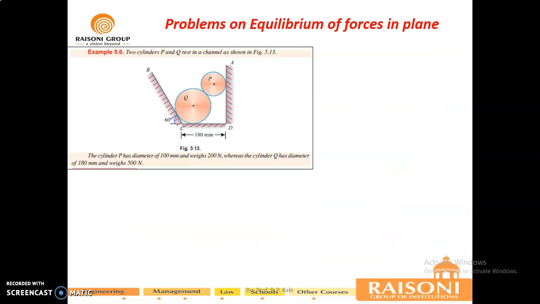Now you can try this out. Consider separate FBDs of each and every cylinder. First of all, try to solve such a problem from the top cylinder. Okay, here you will get only three unknown forces like this. It's weight of P, reaction from Q, and this is reaction from this contact surface A. RA, RQ, reaction from Q, and W. Okay, you can easily find out. And after knowing this RQ, you can apply this equal and opposite magnitude as RP on the bottom cylinder. So you have to consider separate FBD for the P and Q cylinder and try to solve it.